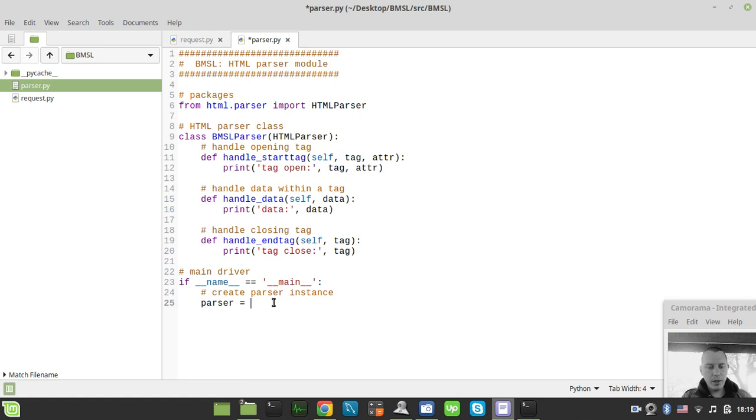So parser would be the instance of the bare minimum scraping library parser like this, and then we need to say simply parser.feed, and here we provide the HTML document we're supposed to be working with. So let's say html and head, and here title, and well, let's call this document title,